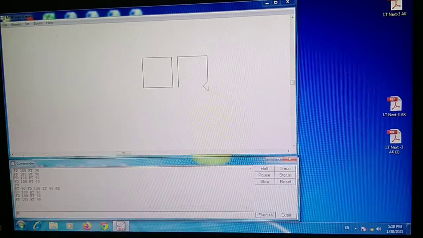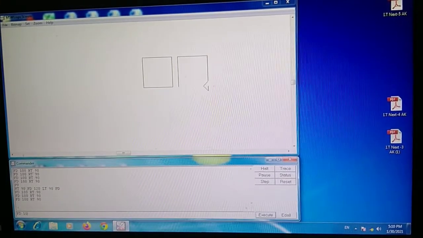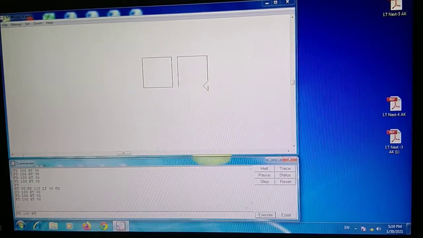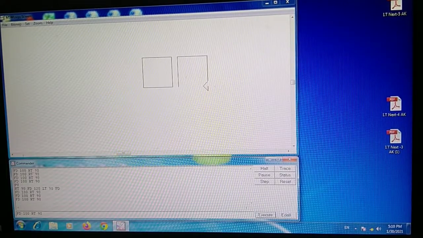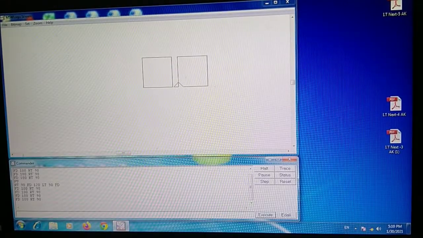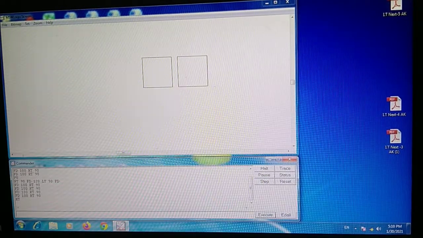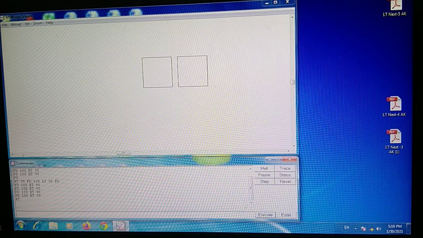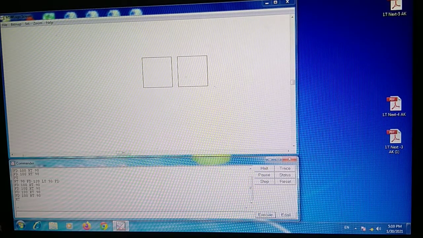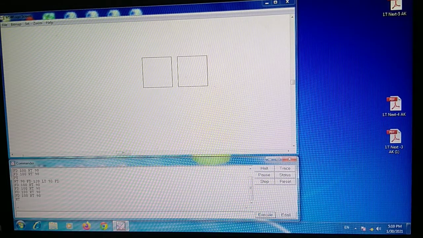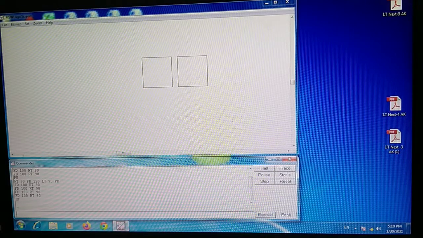Then FD 100 and RT 90, right? Then this is your turtle. Now you have to use the HT command, which means hide the turtle. See, the two squares have been made here and the line has not been drawn between them, right? This is the way you can use the PU and PD commands.